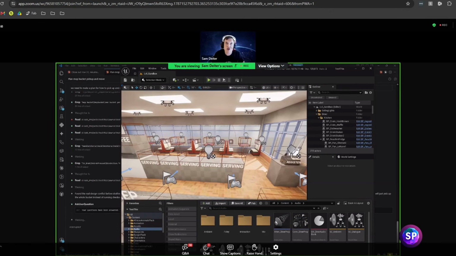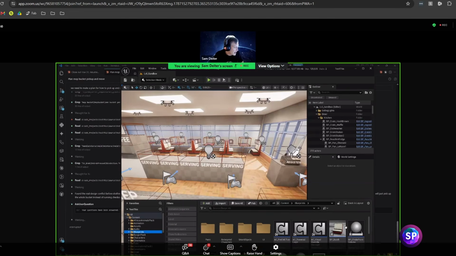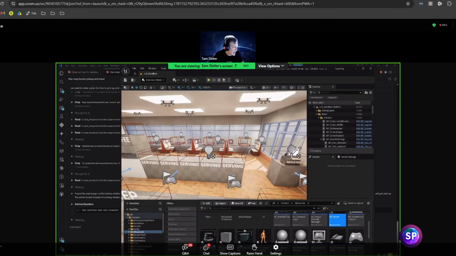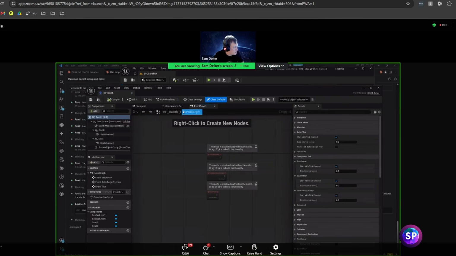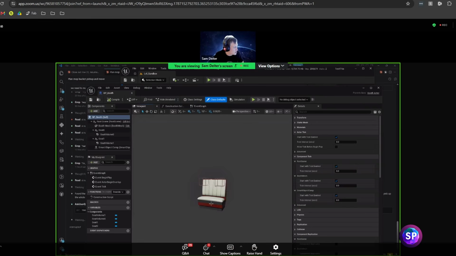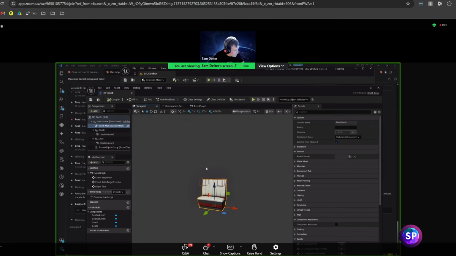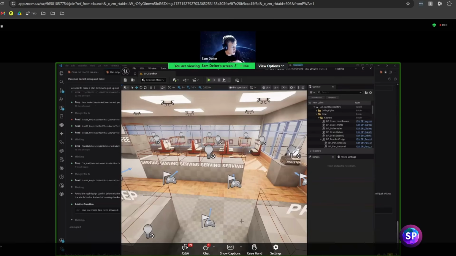Now, the game makes use of blueprints, but I don't use blueprints. I have it write C++ code, and then I just use the blueprints to control. You'll notice there's nothing inside my event or my construction graphs. I just use them as containers to adjust how it looks and pull them into the world. You can do it either way. I just chose to have it work this way because it works a little bit better in my opinion.